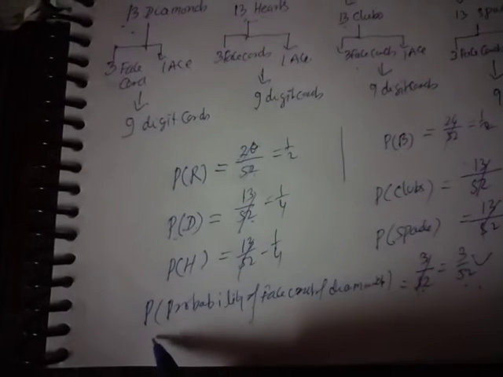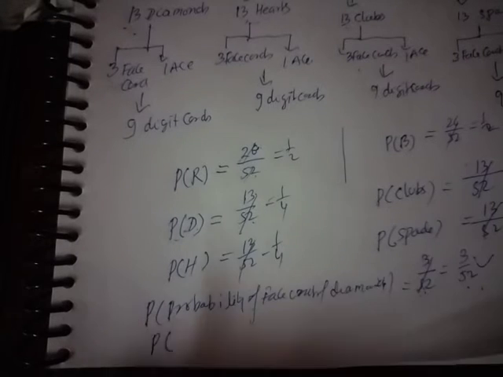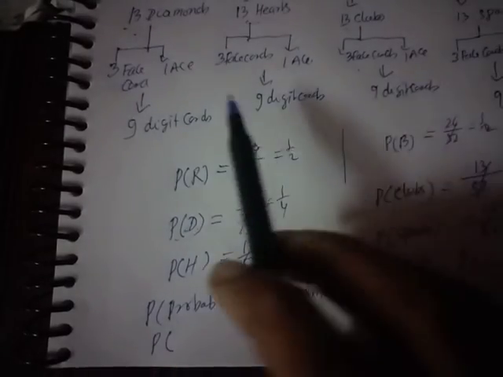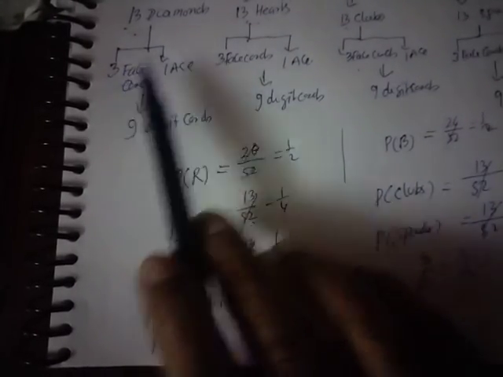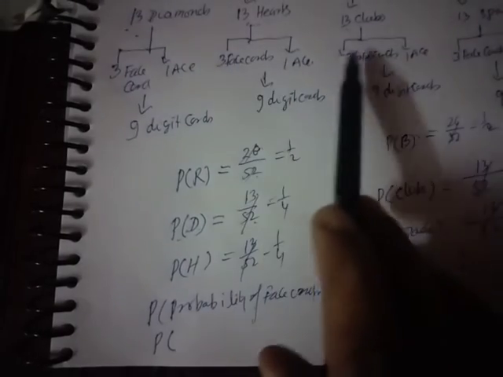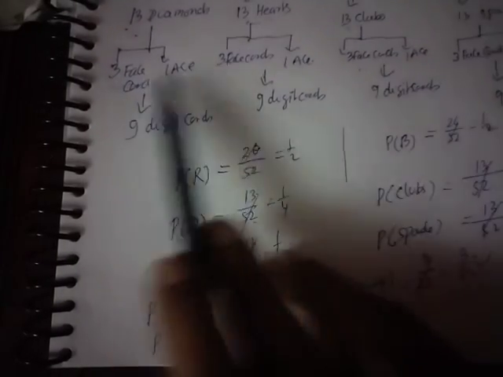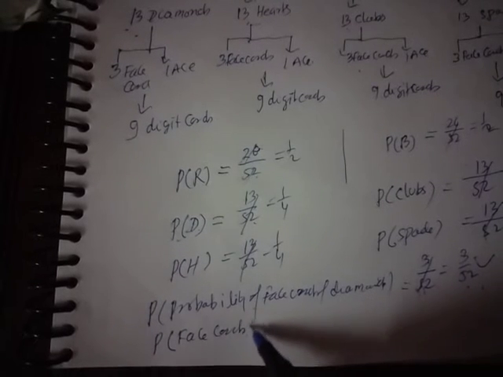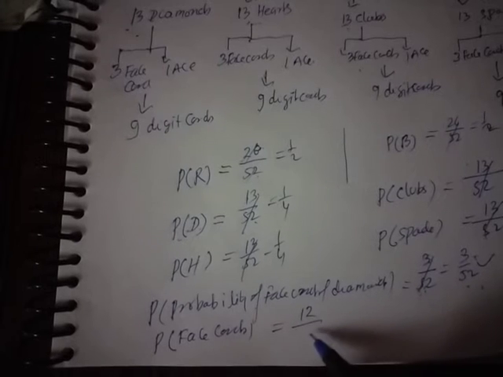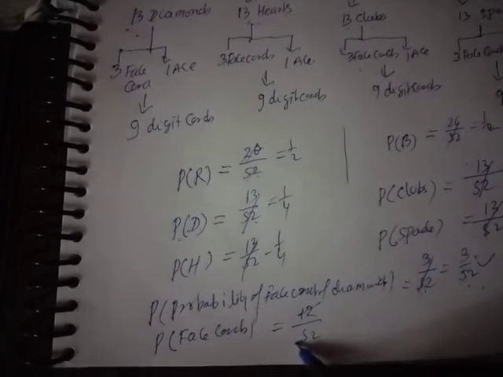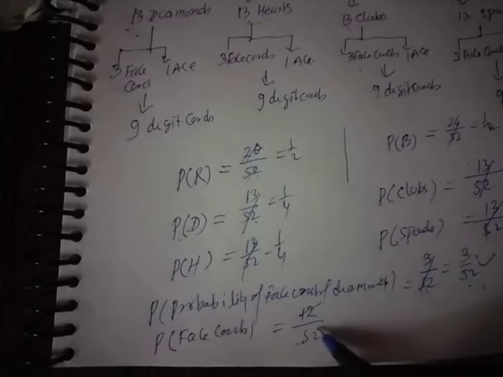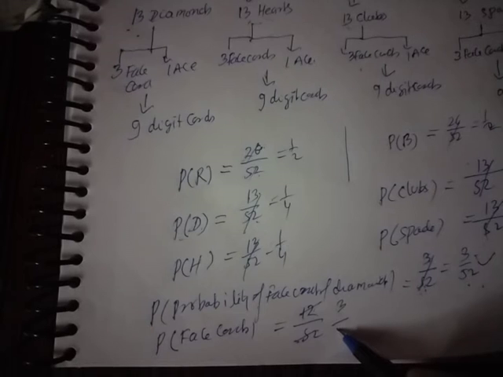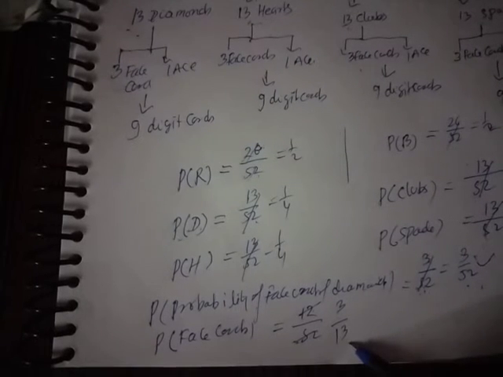Okay. Suppose that you have to find out only the face cards out of 52. So total face cards out of 52 is 3 plus 3 plus 3 plus 3. How many face cards are there? 12. Total face cards out of 52 are 12. So you can divide it by 4, 4 threes are 12, so it is 3 upon 13.